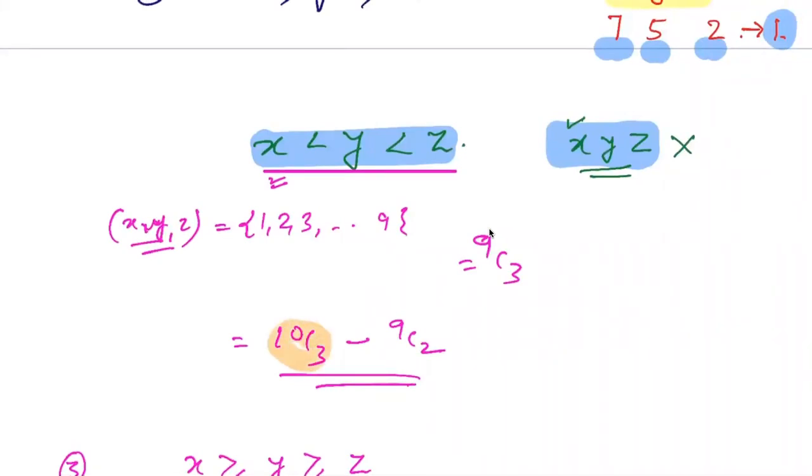See, 10C3 is the case when you are taking all the numbers, maybe zero is there too. If you're taking zero also for this place, then all the cases when zero is there, you have to subtract. If I'm putting zero for this case, we have two options out of nine, so 9C2 is there. So if I subtract 9C2 from 10C3, that will be the answer